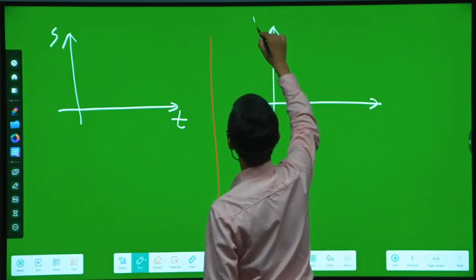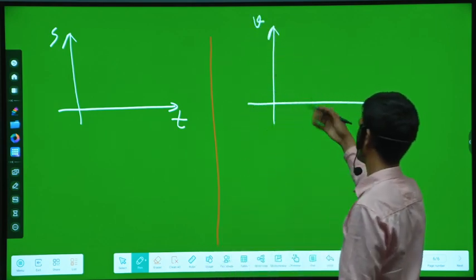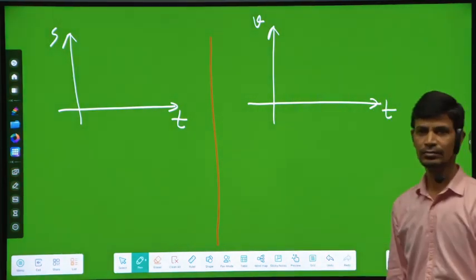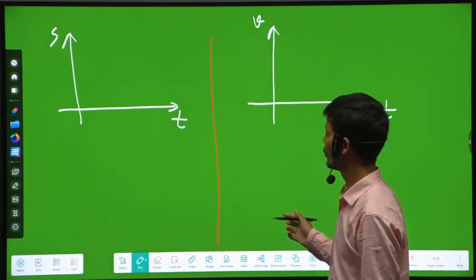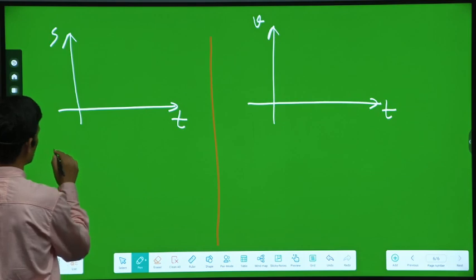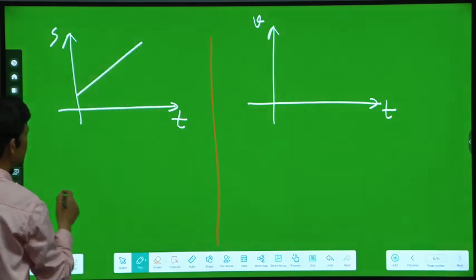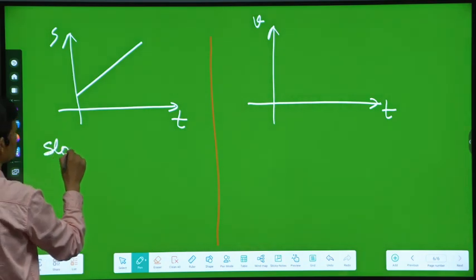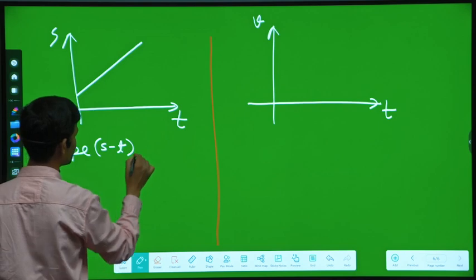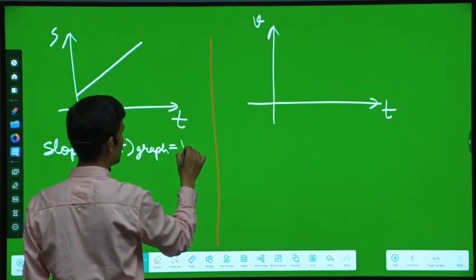And if it is a VT graph, then we can easily find its velocity at a particular time. What else can we find? We can find its slope. If this is a graph line, then the slope of an ST graph gives velocity,